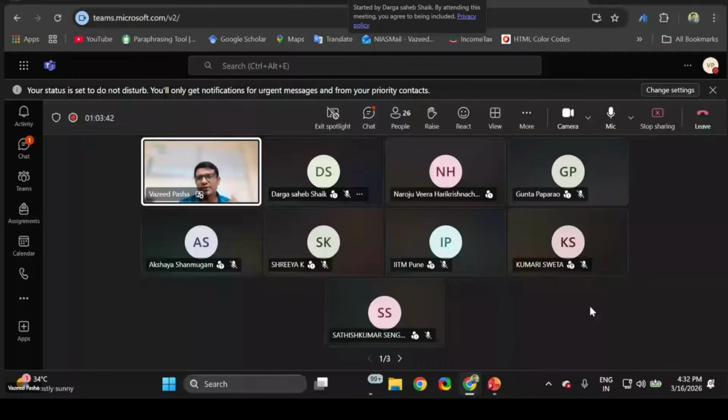Also in Excel, you can show weekly or daily how forest fire counts are happening, high confidence, low confidence, and all that, through satellite data and this fire count data in Excel. Both are possible.